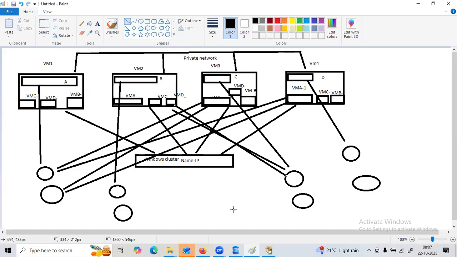So one computer, like one SQL Server, and the other SQL Server try to take the resource online. Then we have data corruption, and the disks will be corrupted. Then the entire environment will crash. So for that, what will it do? A quorum will maintain the voting mechanism. Using the voting mechanism,